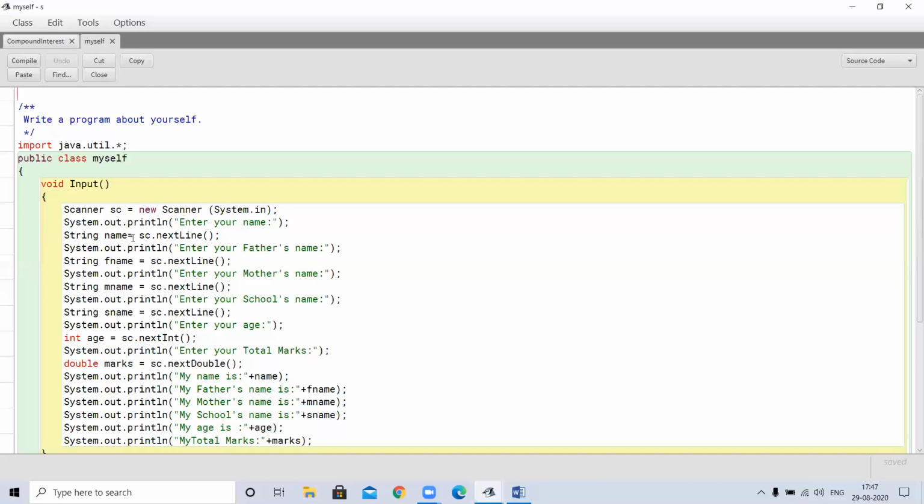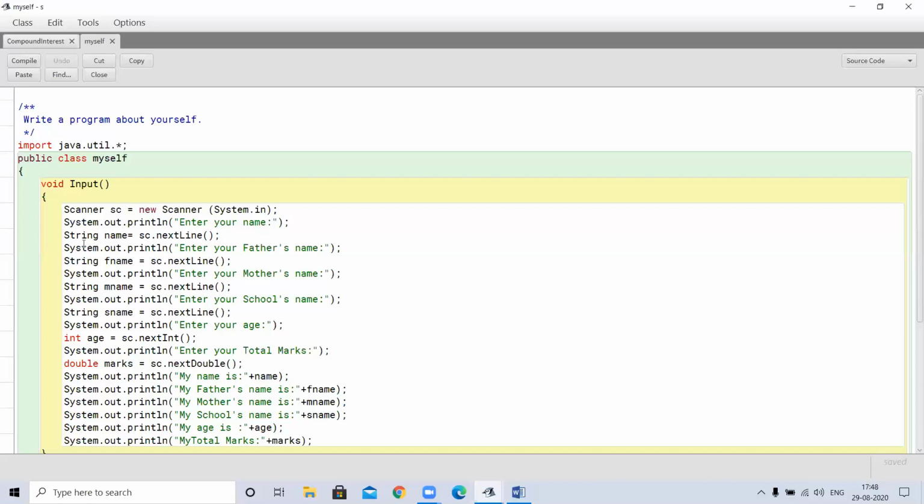My name is of string type. You know that there are different data types in which we can store different types of values. Your name is, of course, in string form. So we will take a variable name of string type. And how will we give the input? Object name dot nextLine for string. For integer type, nextInt. For double type, nextDouble. For float type, object name dot nextFloat. All these I explained in my last Zoom class. In the same way, we will give input here.